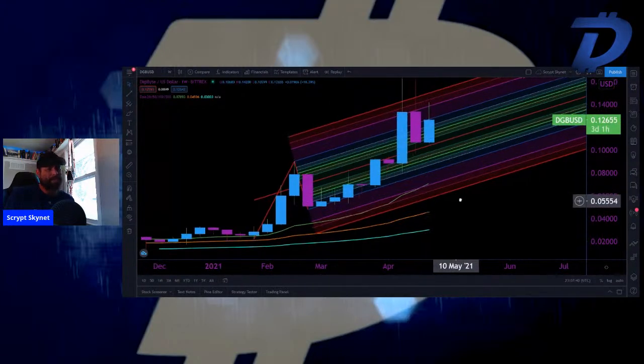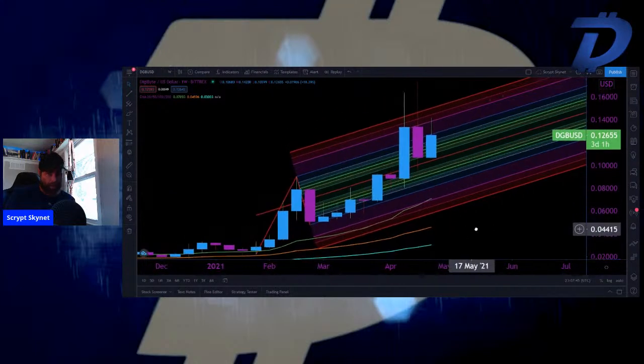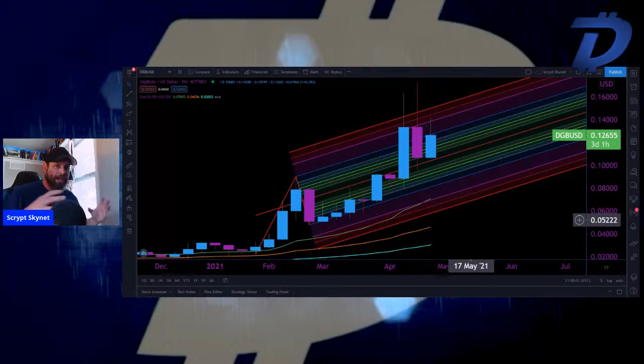So pretty much most of these alts are going to do what Bitcoin does, but Bitcoin is definitely losing power. So all these institutions, all these big tech companies are buying as much DigiByte or Bitcoin as possible. It doesn't mean Bitcoin's going to rule the world. DigiByte and so many other blockchains are independent blockchains, meaning whoever holds Bitcoin doesn't necessarily going to be the cream of the crop in the future, because anybody can sell that Bitcoin and make better gains in an altcoin like DigiByte. And that's just a fact.